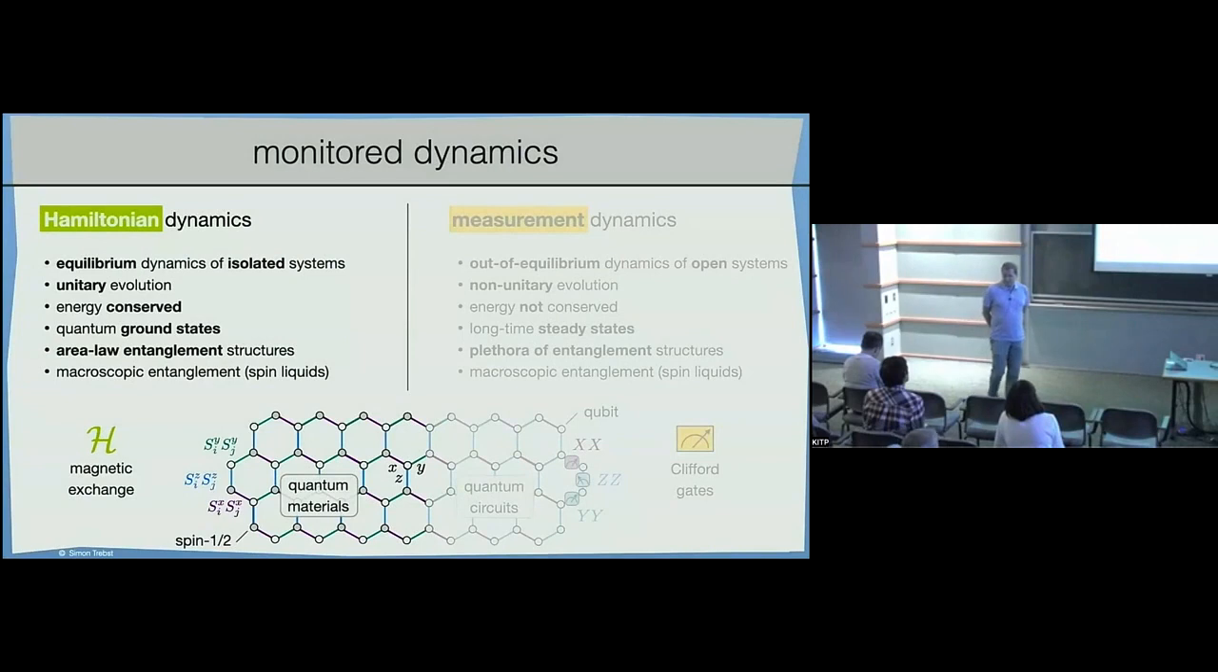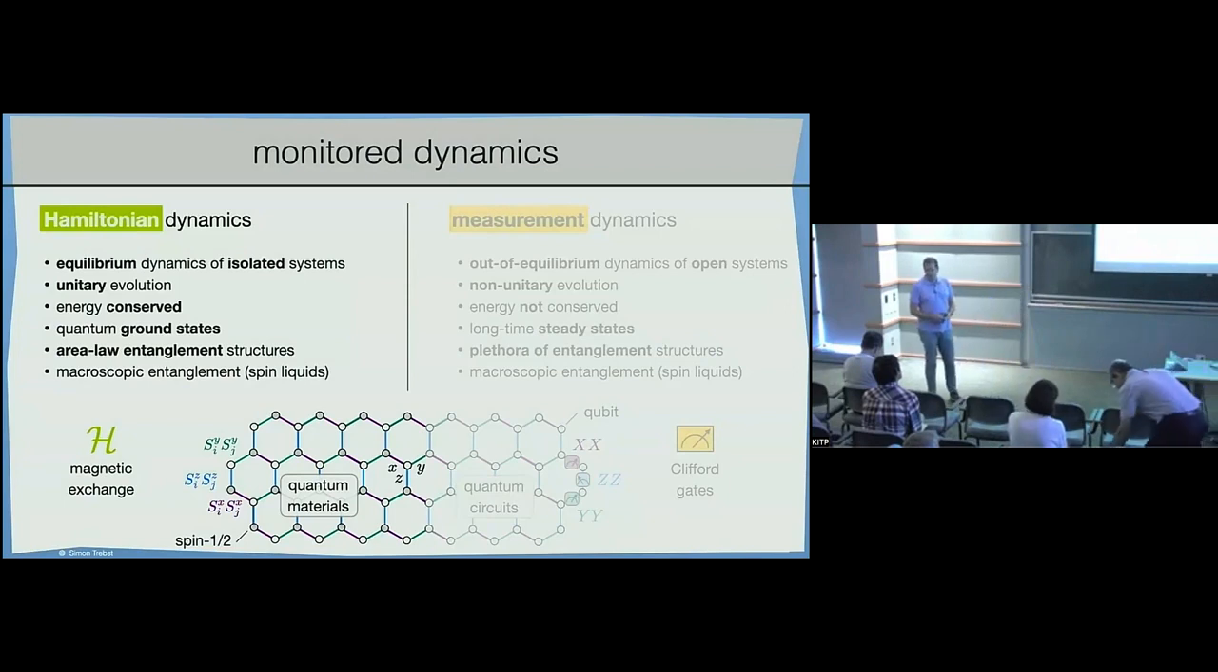So far, very many talks at this conference were playing with Hamiltonian dynamics. We heard from Shankar that having a Hamiltonian is a great thing. So you look at the equilibrium or non-equilibrium dynamics of an isolated system. You have a unitary evolution, energy is conserved, and typically we are interested in finding out whether these Hamiltonians have